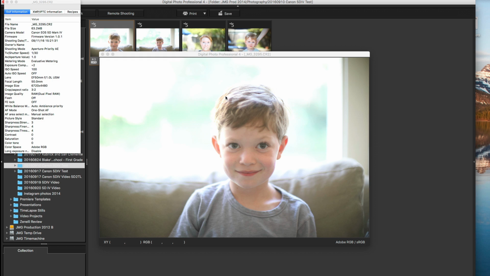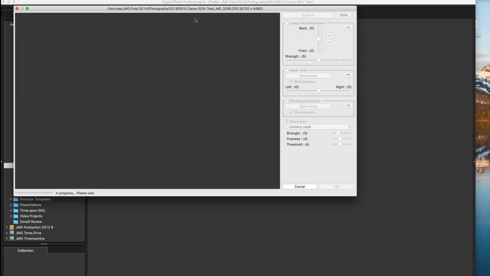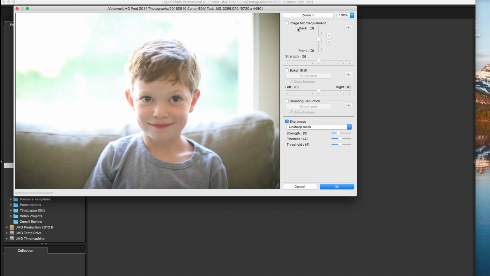So first up is my son, and if I launch the dual pixel raw optimizer, I am brought into a window that brings up a few different adjustment capabilities, which is the micro adjustments for focus, the bokeh shift, and the ghosting reduction. So if we look at ghosting reduction for my son, what you'll find is if you look at his ears, you'll see that this